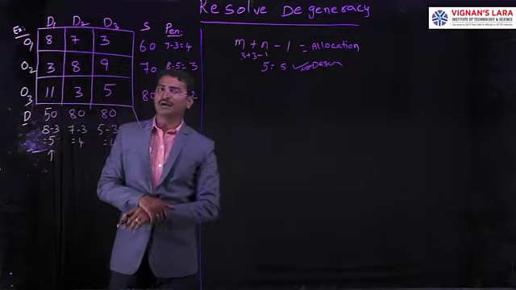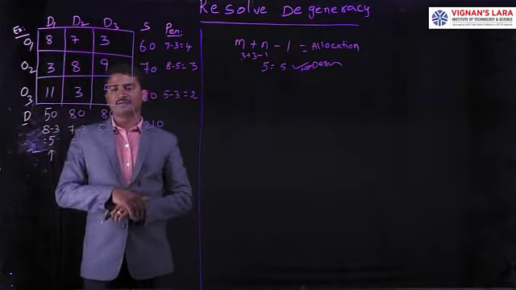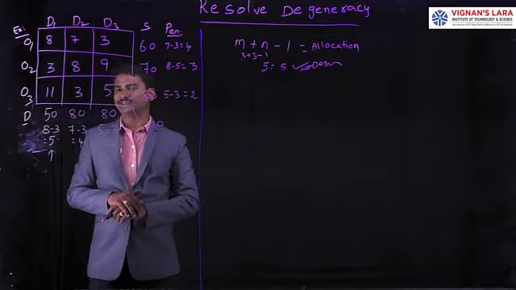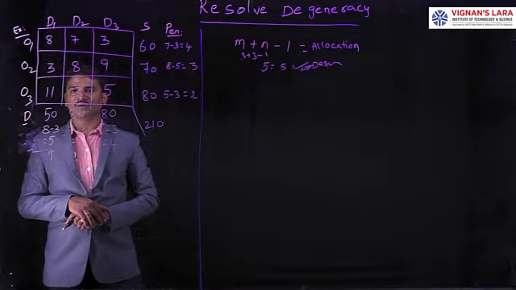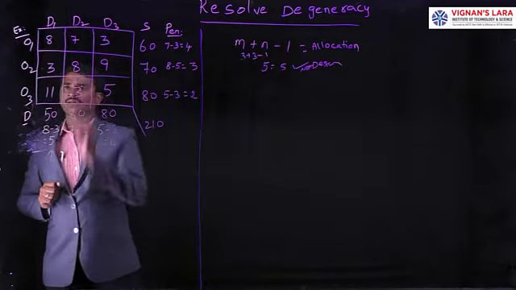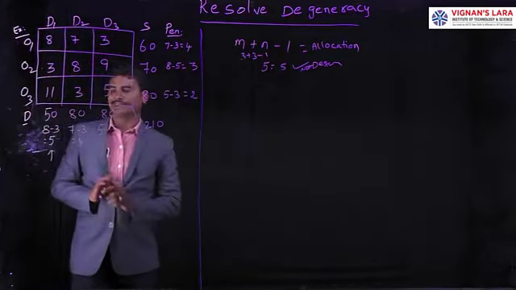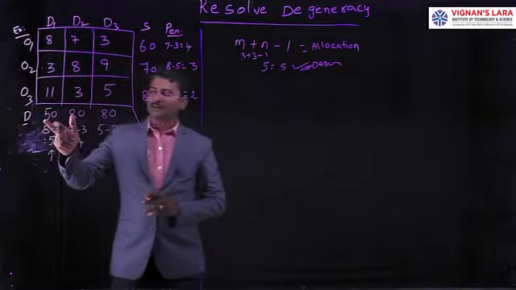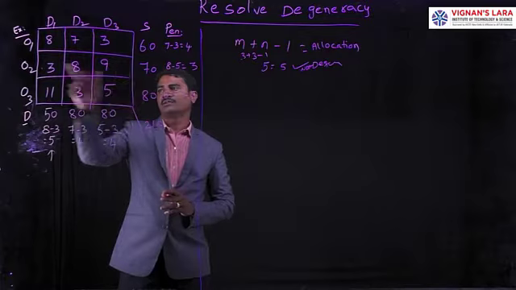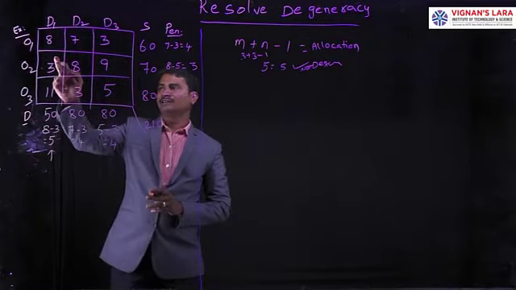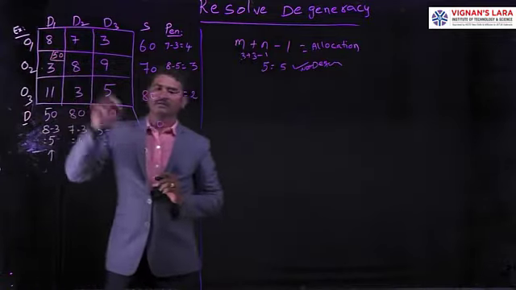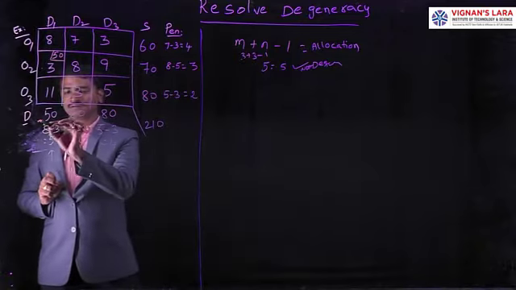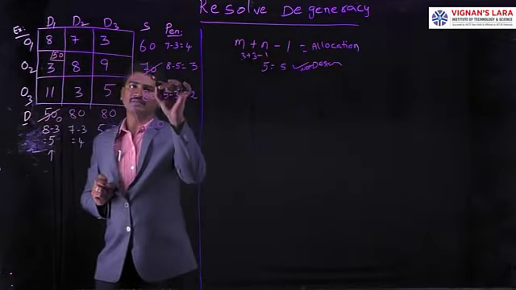Here we are going to allocate the supply and demand values in this column. After identifying the highest penalty, we identify the least cost in that column. Here we have the least cost at this cell, so there we are going to allocate the units. How many units? Here the demand is 50 and the supply is 70. From this we take the minimum value, so we are allocating 50 here. After allocation, the demand value is 0 and the supply value is 20.